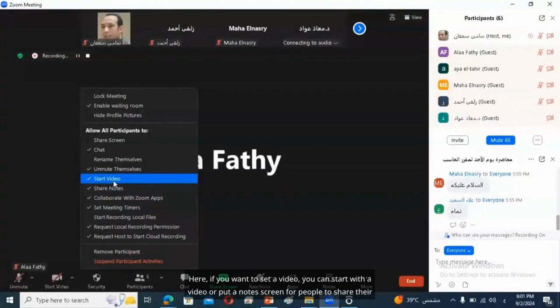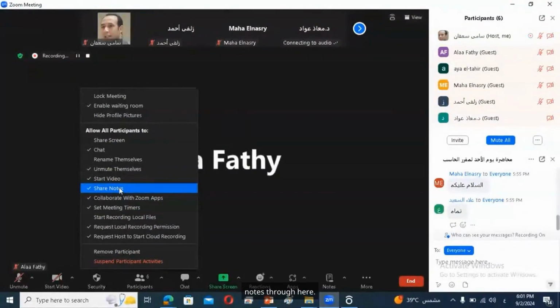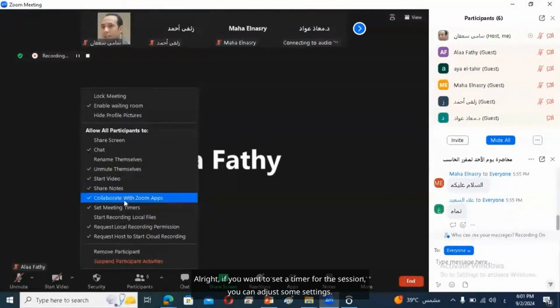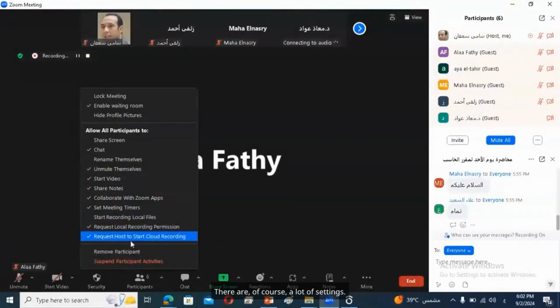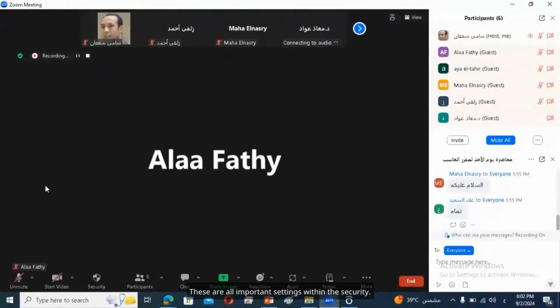Here, if you want to set a video, you can start with a video or put a note screen for people to share their notes through here. All right, if you want to set a timer for the session, you can adjust some settings. There are, of course, a lot of settings. For example, if you want to request the host to start cloud recording as soon as you enter, it will save it to the cloud. These are all important settings. Within the security,